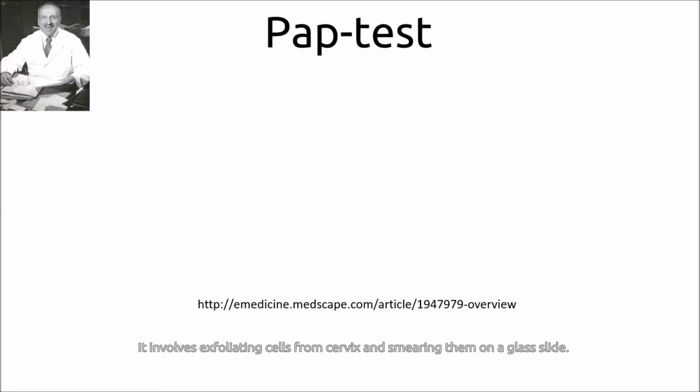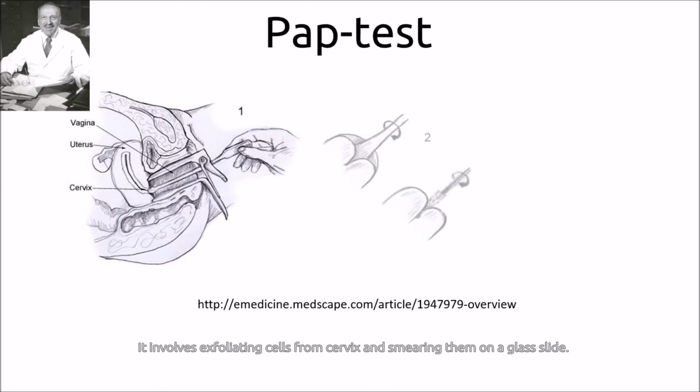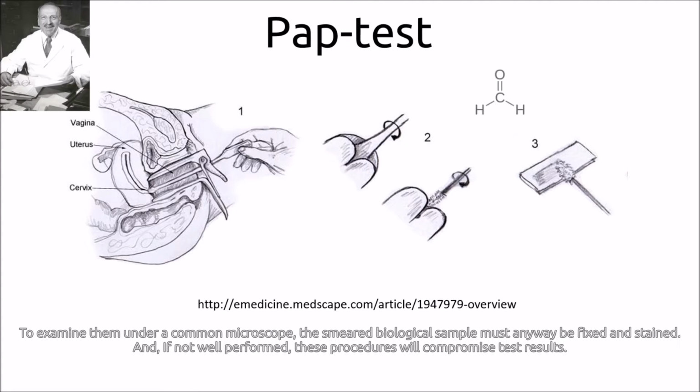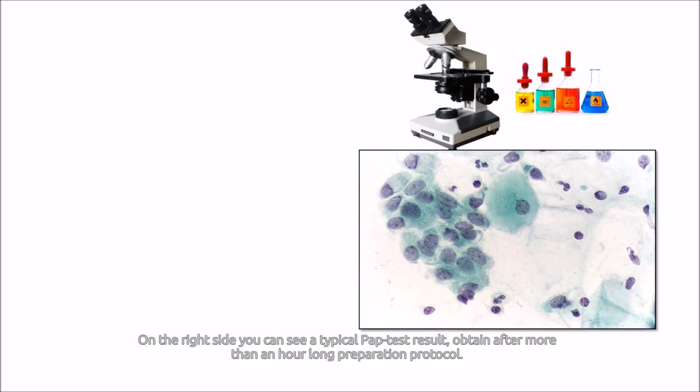It involves exfoliating cells from the cervix and smearing them on a glass slide. To examine them under a common microscope, the smeared biological sample must anyway be fixed and stained. And if not well performed, these procedures will compromise test results. On the right side, you can see a typical Pap test result, as obtained after a more than an hour-long preparation